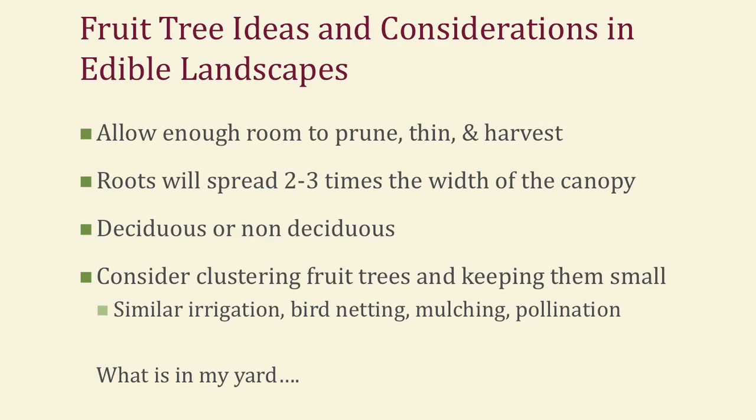Is it the kind of fruit tree, I didn't know this before, that loses its leaves or doesn't lose its leaves? That matters if you're going to put it somewhere where people are, you don't want it to look seasonal, where you want it to look like my guava does. My guava does not lose leaves. It's kind of fancy like that. I'm like, that's very nice of you to not lose your leaves. I'll get another. So I got a strawberry guava as a friend because my apple loses its leaves,